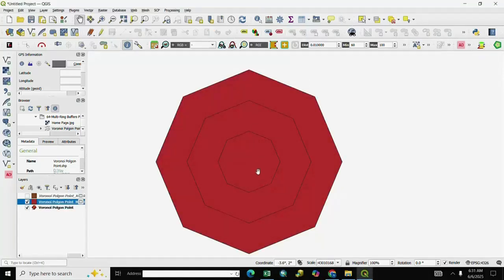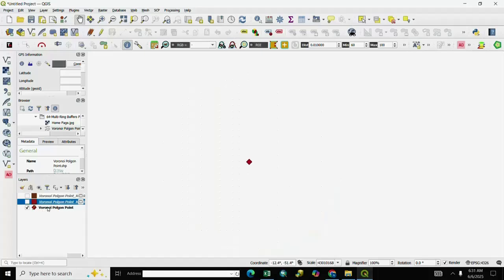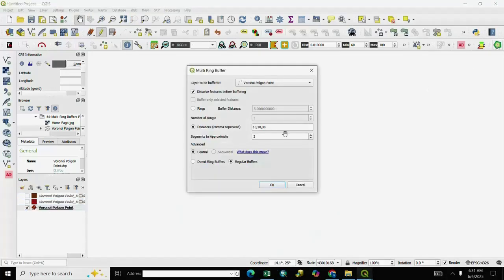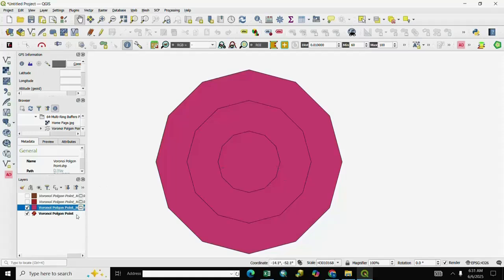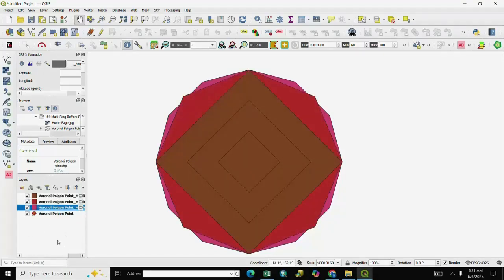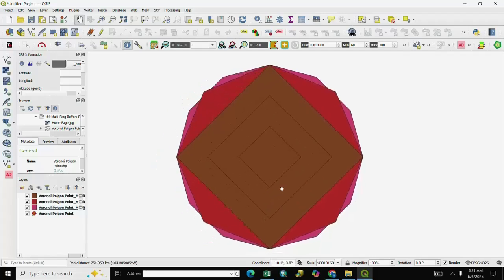You see here your buffer created, and next we go to again buffer, ring distance and segment 3, then OK. You see here your buffer is created, different type of buffer created.